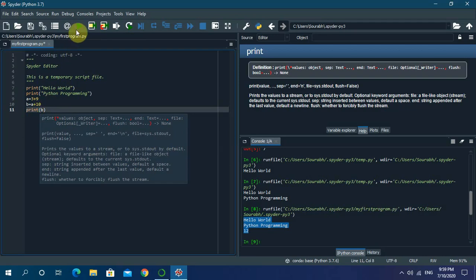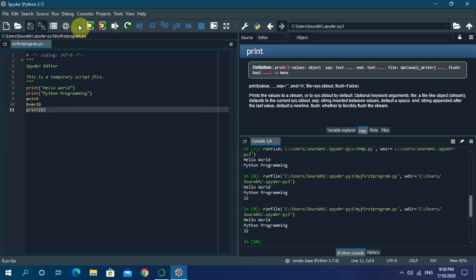Let us see what output it generates. You can see it has got the value of 3 plus 9, that is 12, from a. 12 plus 10 is equals to 22, and you are printing the value of b. So you can see 22 has been printed over here. Alright, so this is how Python programming generally works.